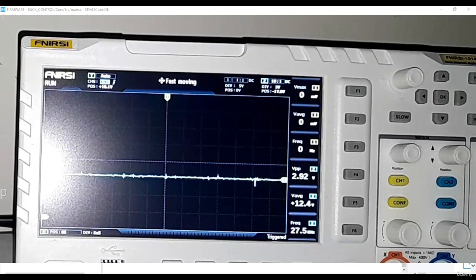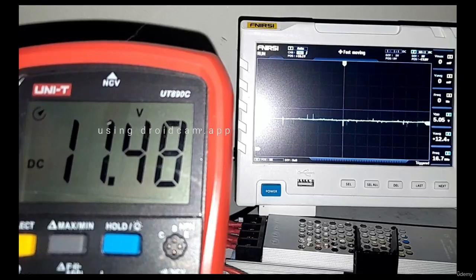But in actuality, when you use the multimeter on this, which is much more accurate, I would say, you would actually get a reading of 11.2. And I'm gonna demonstrate that just now. All right, in this updated view, you can see the multimeter reading side by side with what's been read on the oscilloscope. So the oscilloscope states 12.5 volts, whilst the multimeter actually shows a reading of 11.48 volts, which is a more